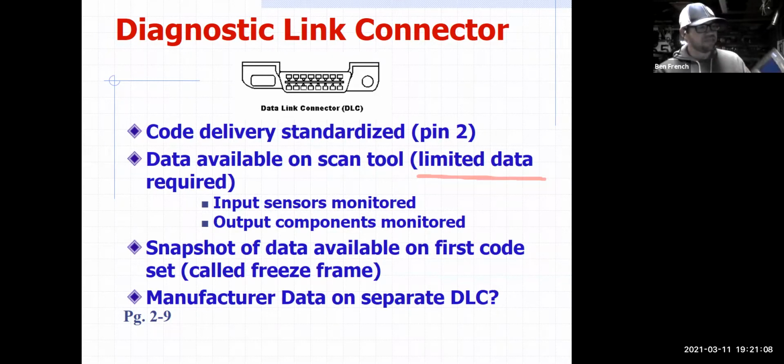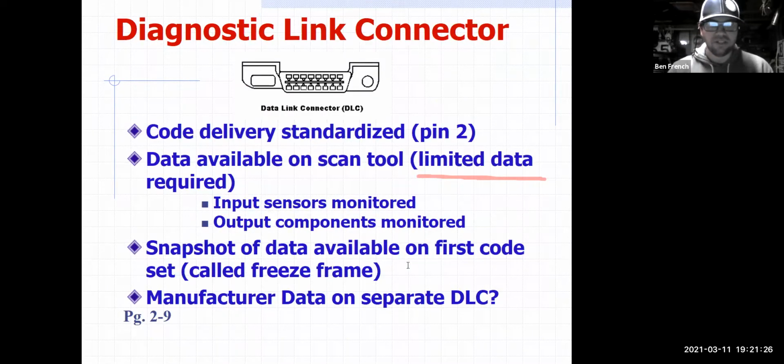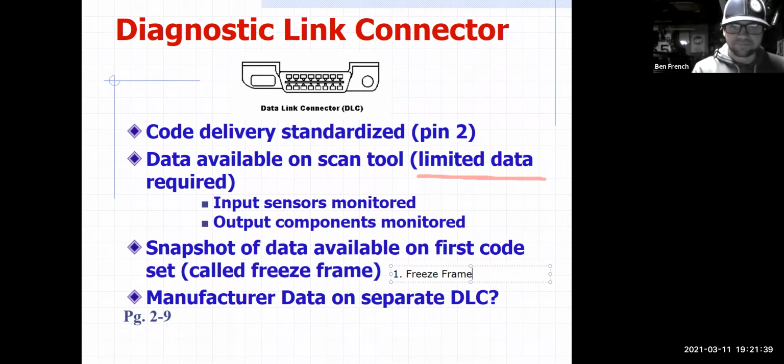So for example, I got the GM scanner here. One of the things that GM did that I thought was really cool is they had a system called failure records. They said, hey, this freeze frame deal, that's cool. We like that freeze frame deal. But instead of only having one freeze frame, which is all the government required, the first code gave you one freeze frame. They said, okay, we're going to give you an additional 5 failure